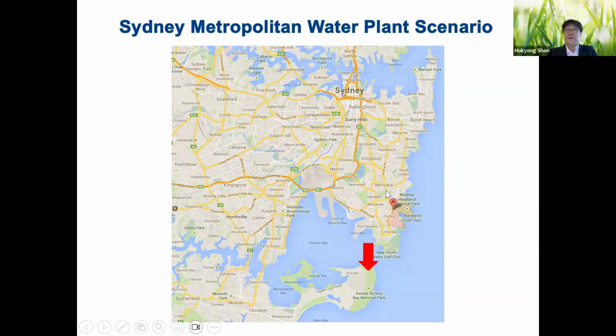Also, you finished the Malabar wastewater treatment plant from your scenario. So wastewater recycling and the Sydney desalination plant are very close to each other. So let's see the